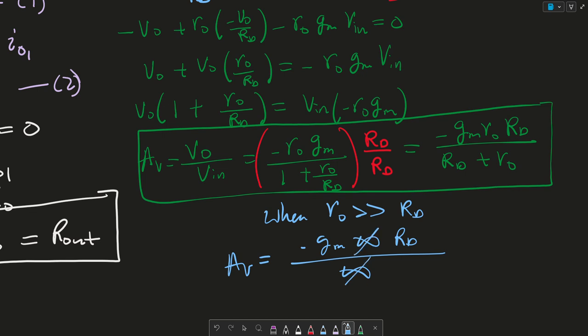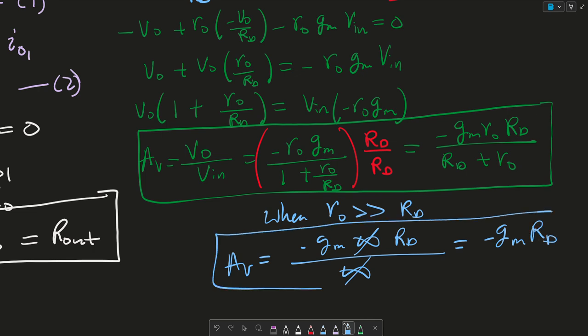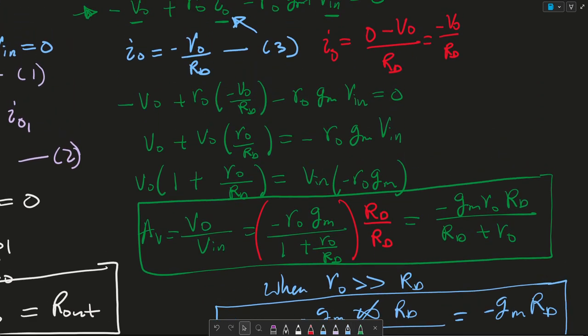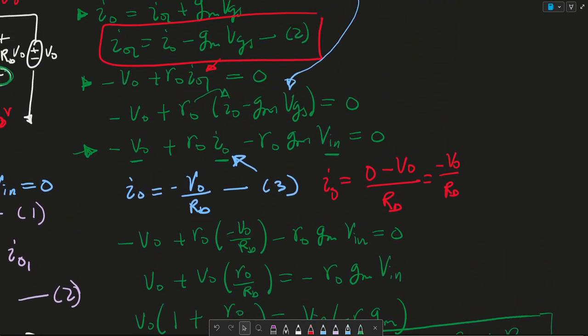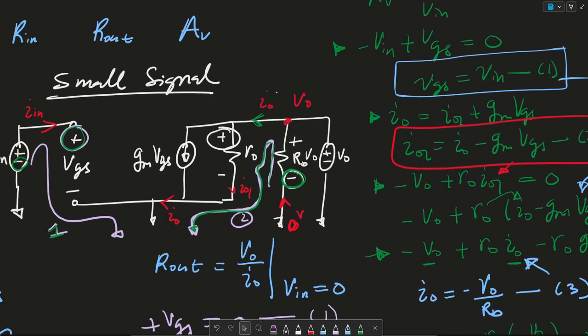And this cancels out. So this is equal to minus GM RD. So this is the AV gain, or the intrinsic gain of this common source